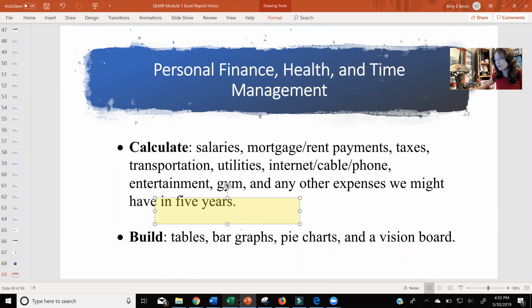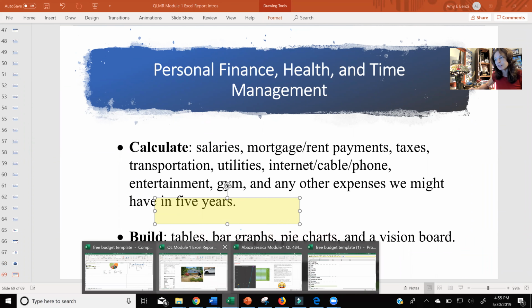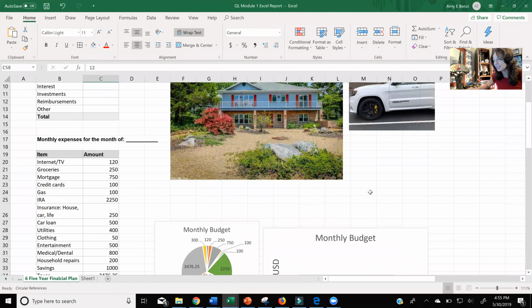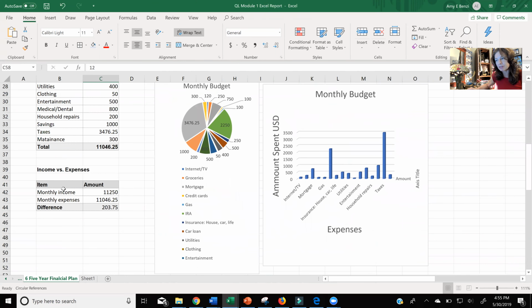So I'm going to show you my example that I created first briefly, and then I'm going to toggle back and forth between my example and the document for this scenario. First, what I've done here is I've created a little storyboard, a snipping of the house that I would like to have, of the Jeep Trackhawk, which is a pretty cool vehicle. And then I put it all into a monthly budget. And I'll show you guys where to get this example for the monthly budget. And I'll talk more about these things as we move along.